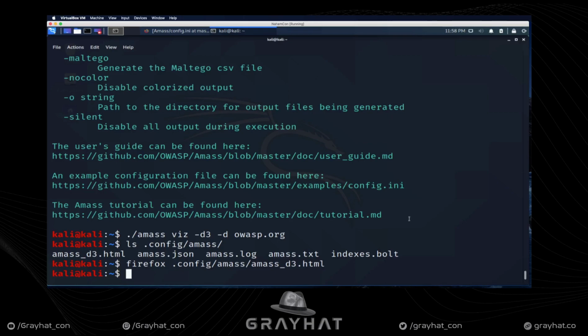So at this point, I would say we've gone from basic use to a little bit more intermediate use, like for instance, making sure that you're comfortable using the configuration file, some of the more interesting options for how to control your brute forcing. We talked about the time to live on the